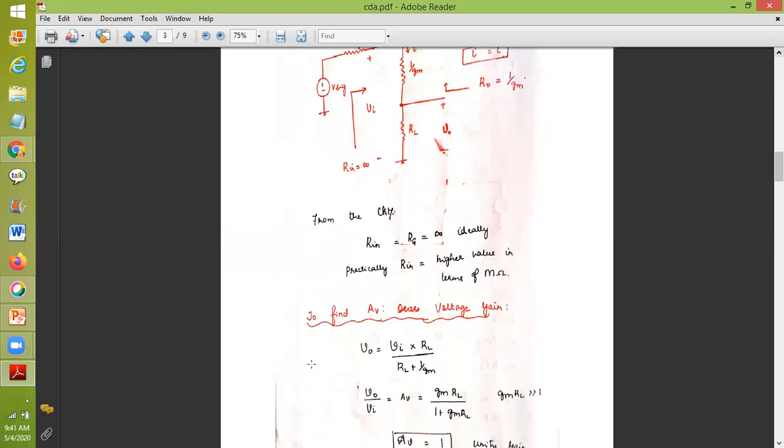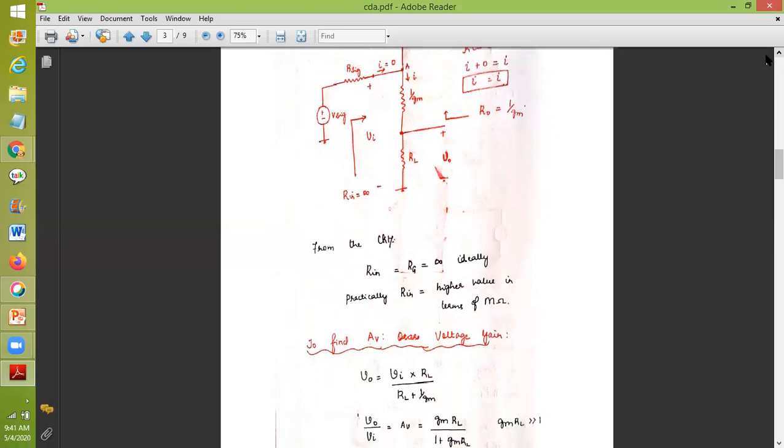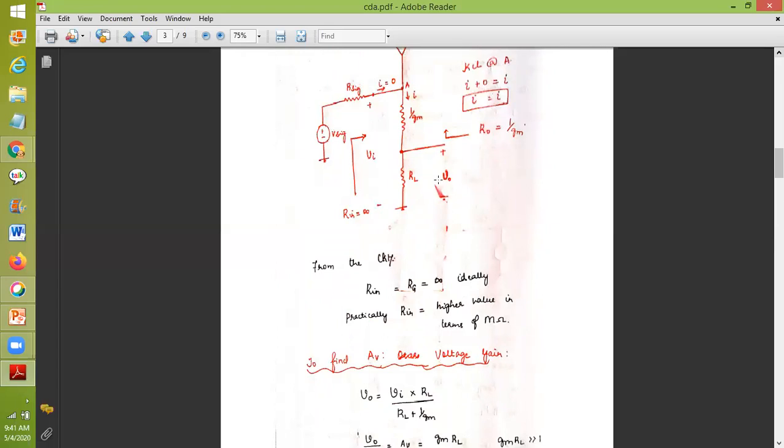Okay, ma'am. Okay. Now what we have to do? We have to find the output voltage V0. Okay. So how to find the voltage V0? See, this voltage positive to negative with respect to ground is Vi. Okay. So positive to negative is the input voltage Vi across the gate resistance. But I told Rg is very high. So I will represent it by an open circuit. So here the voltage drop across this is Vi, which is equal to V signal.